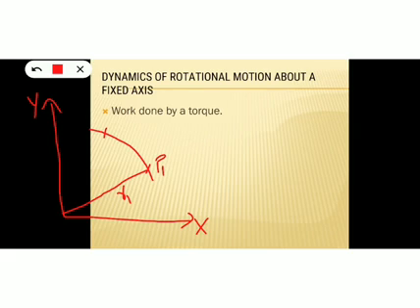Okay, so a force has been applied on the particle P1. A force F1 is applied on the particle at P1. Due to that applied force, the particle has been displaced to P1 prime. So this is the distance traveled, or this is the displacement. So let that displacement be denoted by ds.